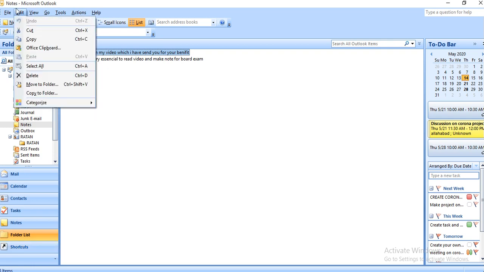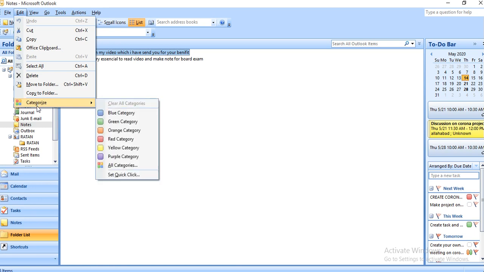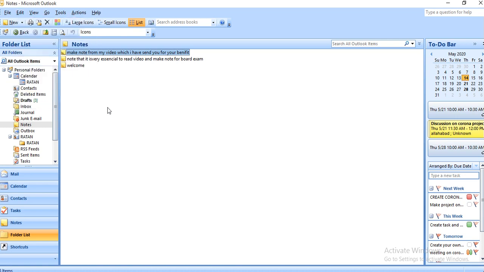Then now see, the Edit menu will increase. Here you can cut, copy, delete, move to folder, and here category is also coming. Suppose you give the task a yellow color.